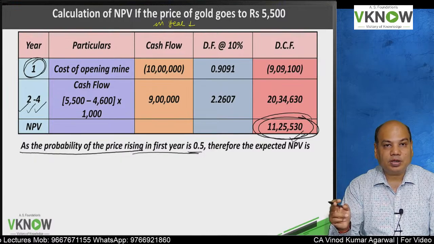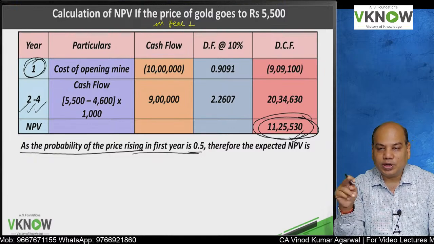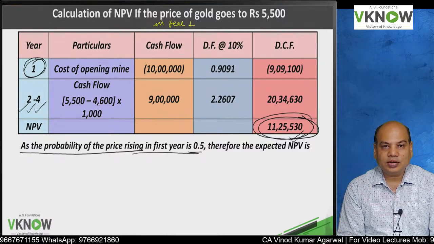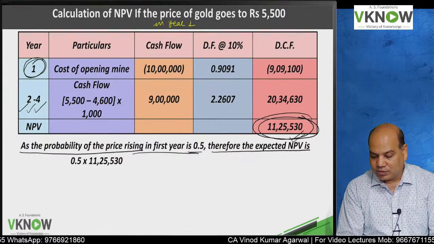The second probability is 0.5 if price goes down to 4500, but at 4500 my expected NPV is 0. Therefore expected NPV is equal to